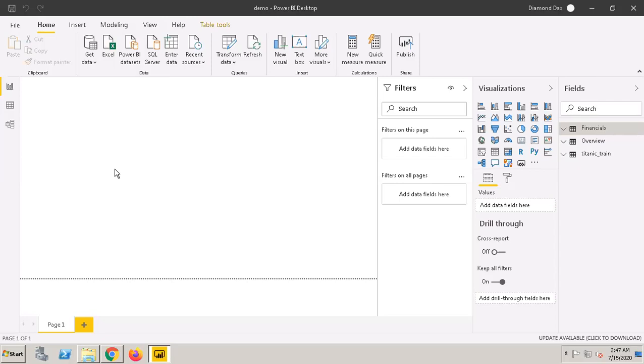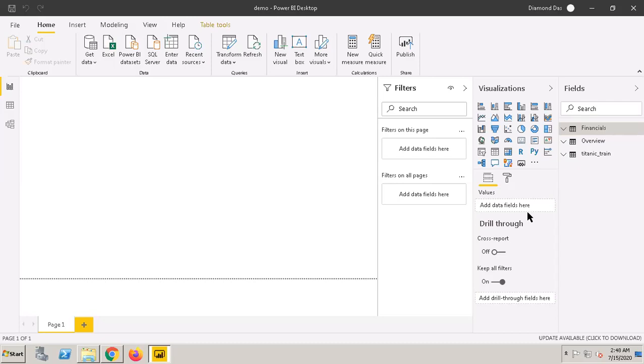But in Power BI, since it has a very good transformation option, you can pull the data set from any data source and do your transformation in the Power BI environment as well.